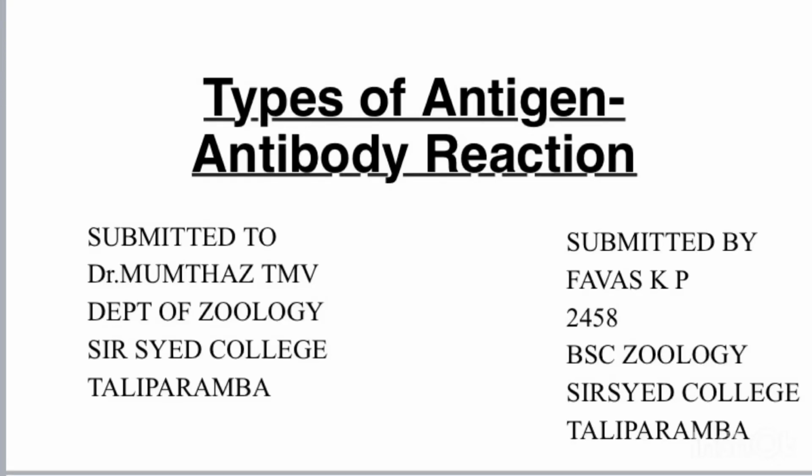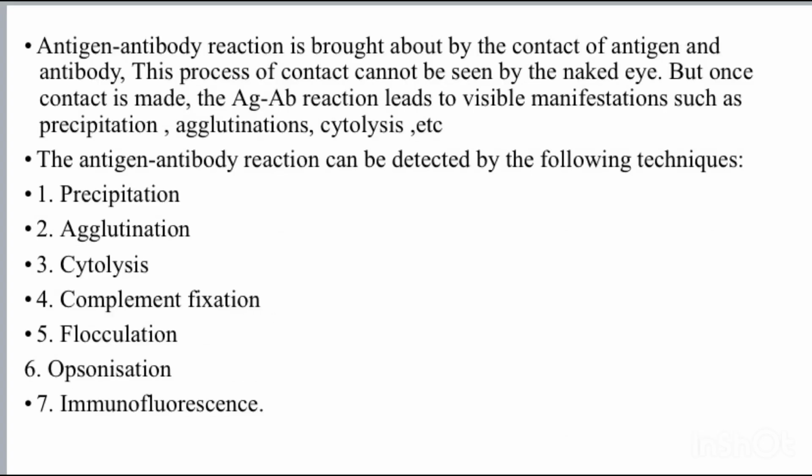Hello everyone, my topic is types of antigen antibody reaction. Antigen antibody reaction is brought about by the contact of antigen and antibody. This process of contact cannot be seen by the naked eye. But once contact is made, the AG-AB reaction leads to visible manifestations such as precipitation, agglutination, and cytolysis, etc. The antigen antibody reaction can be detected by the following techniques: precipitation, agglutination, cytolysis, complement fixation, flocculation, opsonization,